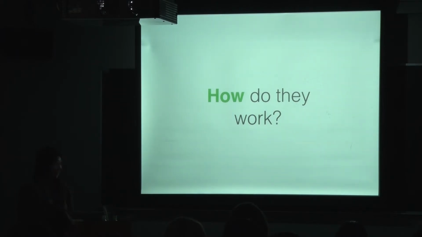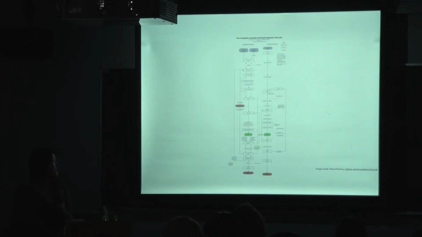So this diagram I'm showing you here is, yes, I know, a lot to take in. It's actually the activity life cycle compared to the fragment life cycle. I know you can't really see any of this. Don't worry about that. I just want to show you the whole scope of this. On the right is the activity life cycle. On the left is the fragment life cycle. And you can see that even though there's a lot going on with the activity life cycle, which I'm sure you're all painfully aware of, there's even more going on the left side here.